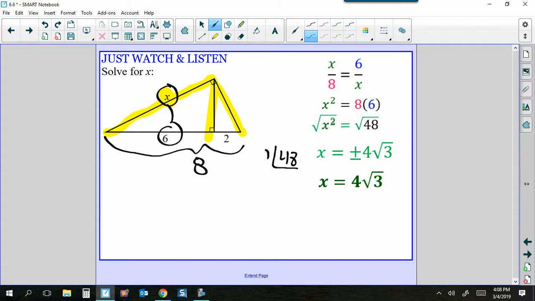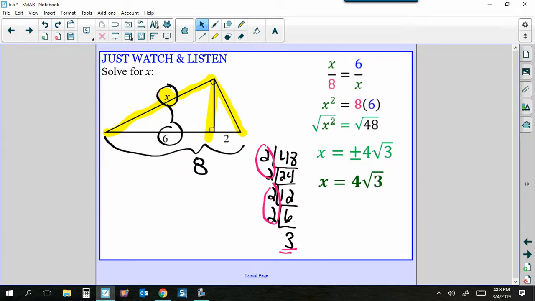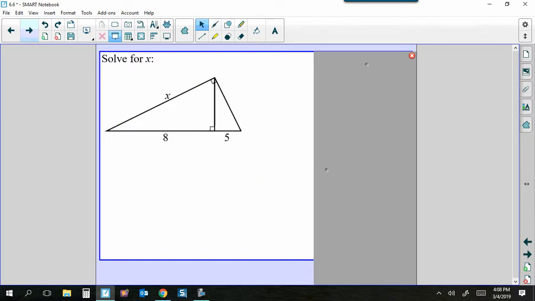Our smallest prime factor that goes into that is 2, 24 times, 2, 12 times, 2, 6 times, and 2, 3 times. If you're looking for pairs, you have 2 pairs of 2's, so 2 times 2 gives me that 4 on the outside. This 3 has no pair, so it stays on the inside, giving me 4 root 3 for my final answer. So that is the process for the leg rule,